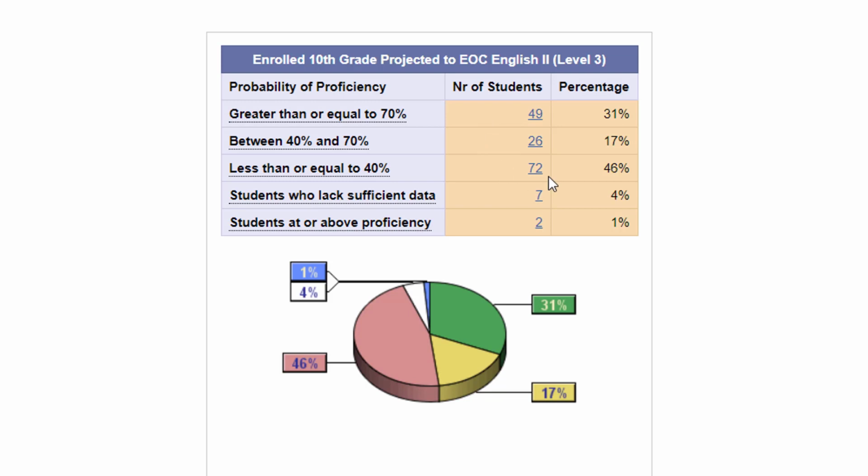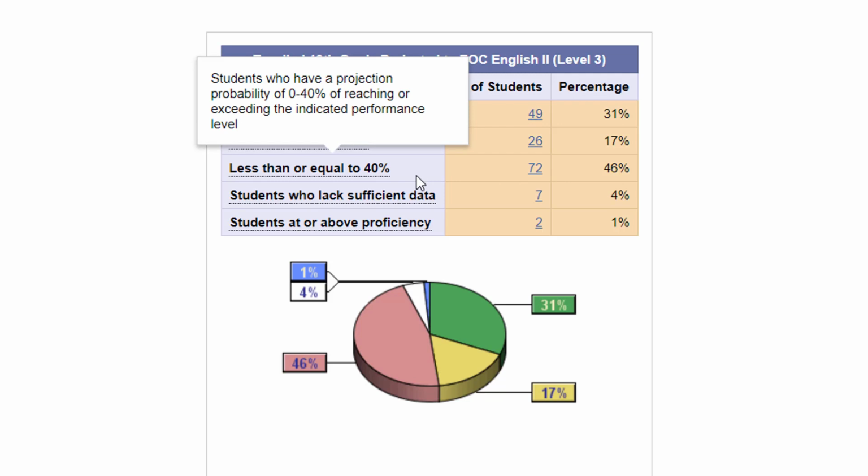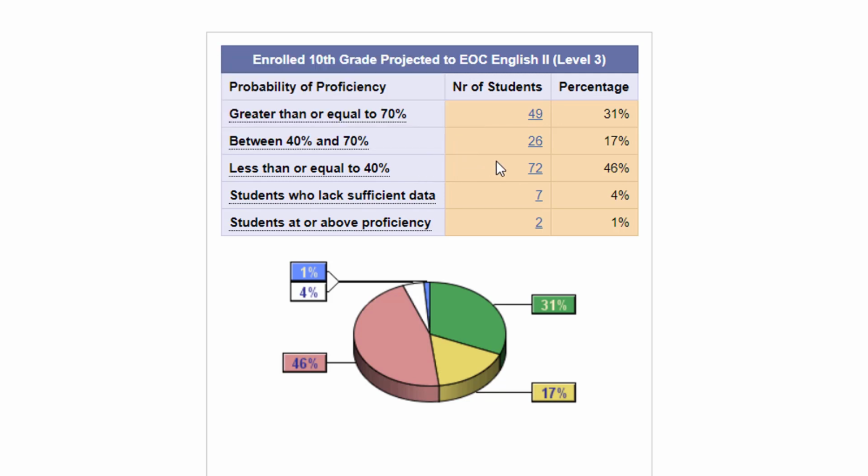So this is basically telling me at a quick glance that half of the students that are in English 2 have less than or equal to a 40% chance of making a 3. So if I'm a teacher who has not had success with low performing students, I've got a problem, because 50% of my students are low performing. If I'm a teacher who has had great success with students who are low performing, then I'm in good shape with these 72. If I've not had a good